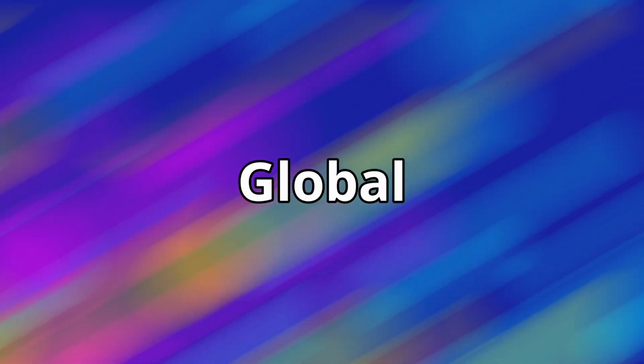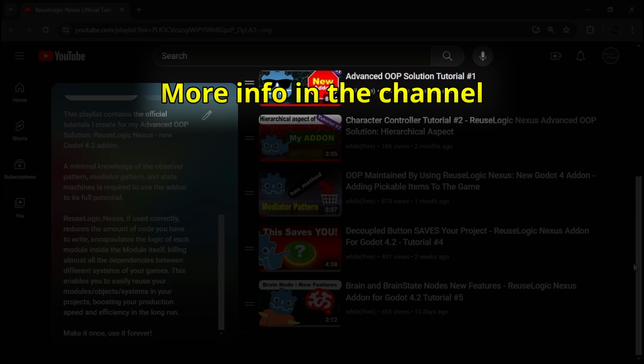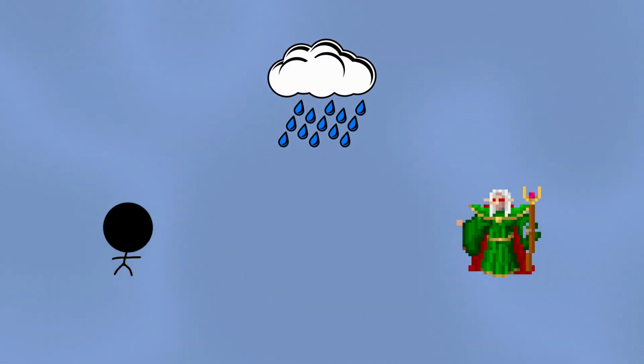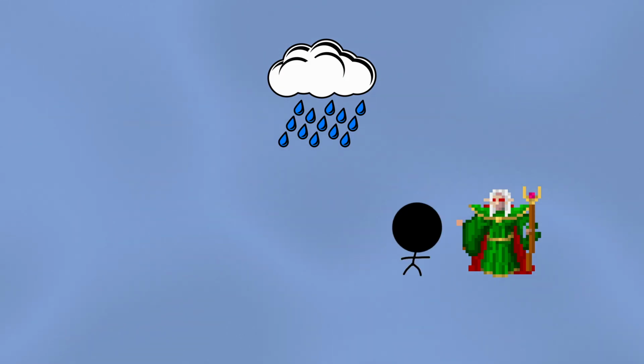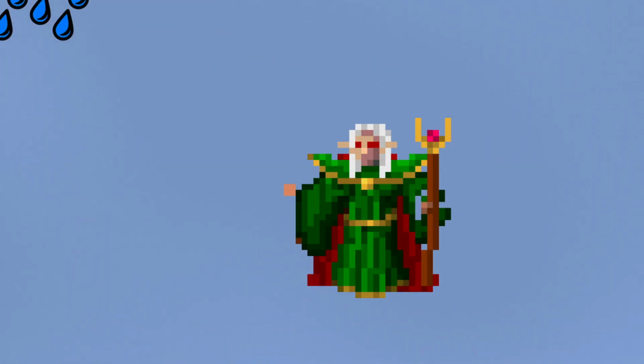Let's have a look at the global signal system of ReuseLogic Nexus Addon, my custom OP solution for Godot Game Engine version 4.2. There are times when we want something to globally affect the level, for example a thunder. Children may cry out of fear, it may start raining, and the evil wizard may get a boost in his